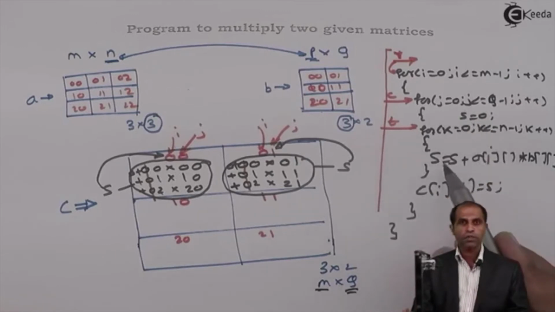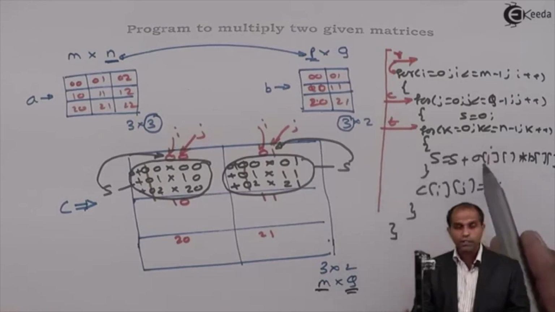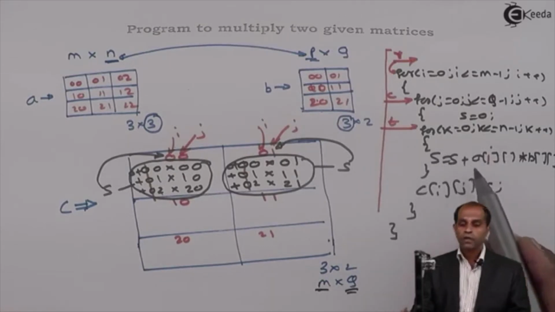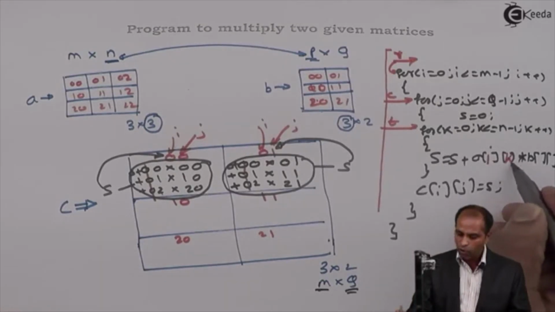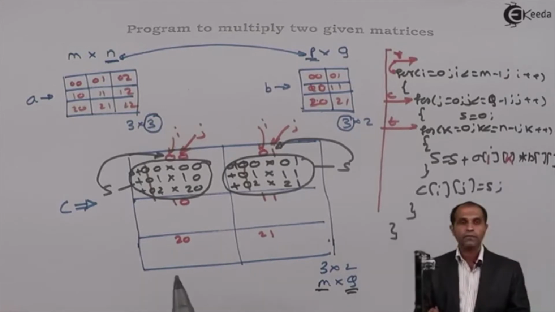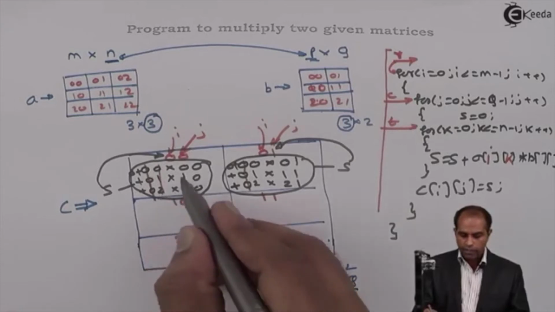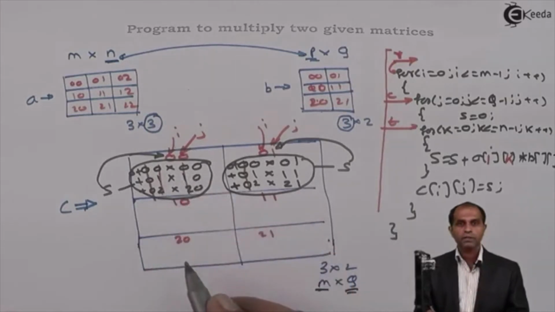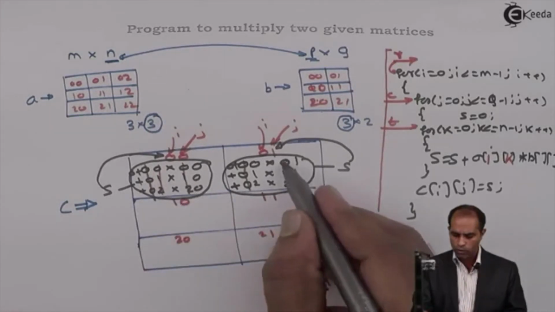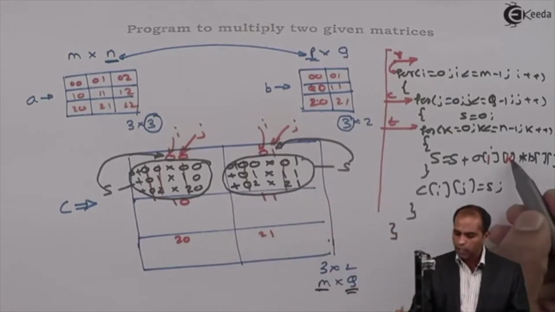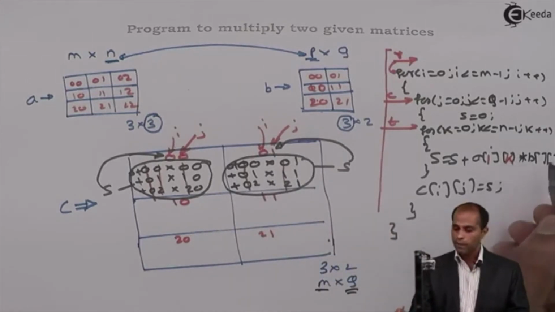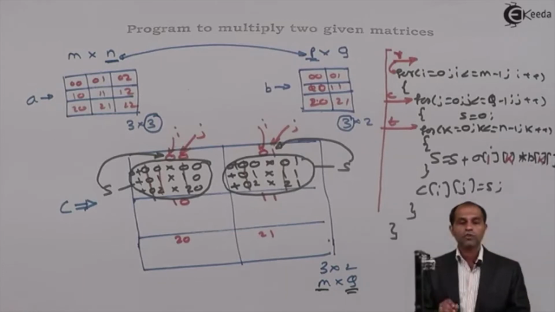J, will it undergo change? No, J will not change. The only variable which changes regularly in this place is K. Hence, the second index of A goes to K. It is A of Ik. So the second index goes with K. Whatever the second index, the same are the values of the B first index. See here, 0, 1, 2, 0, 1, 2, 0, 1, 2, 0, 1, 2. So why don't we say, if the second index of A is K, the first index of B is also K.